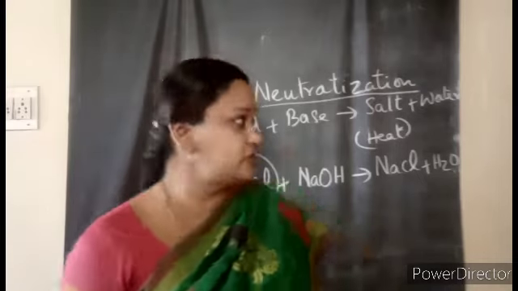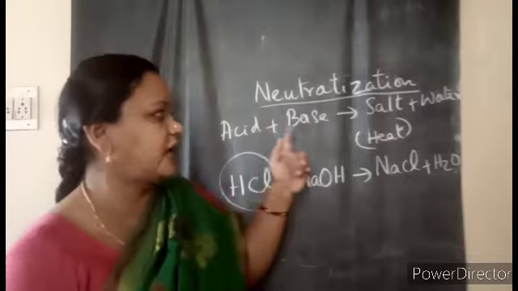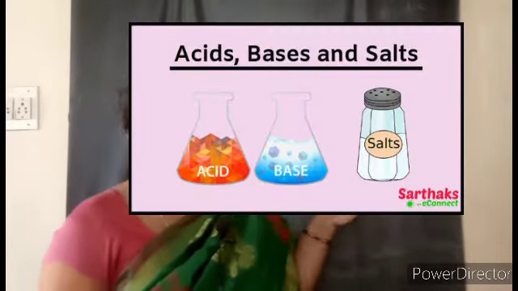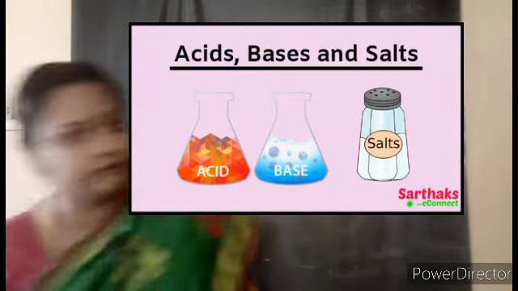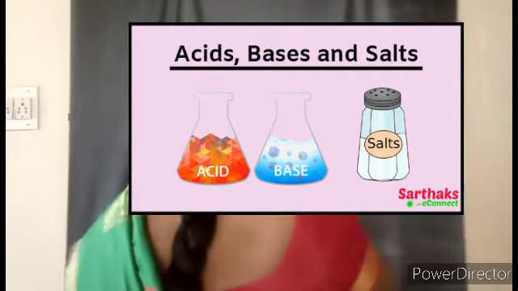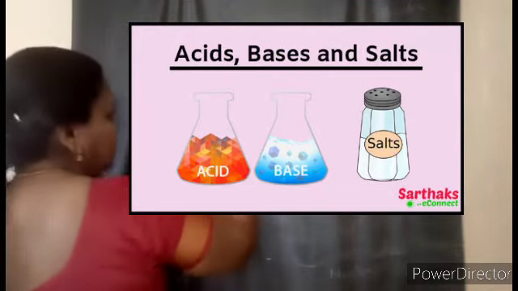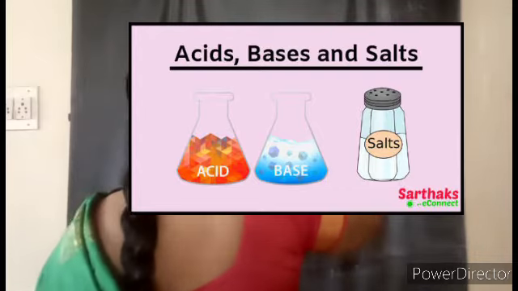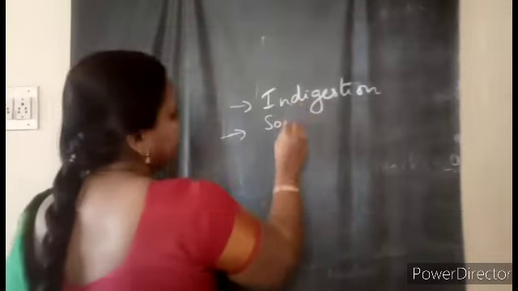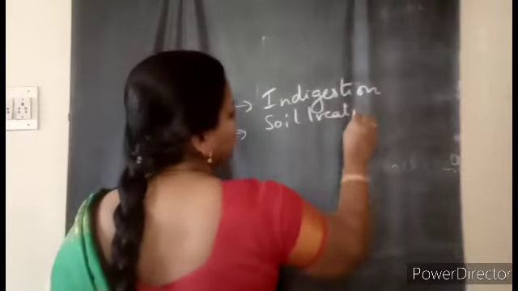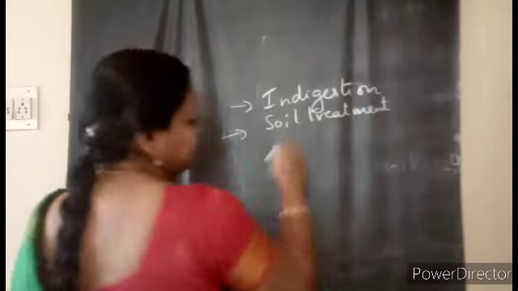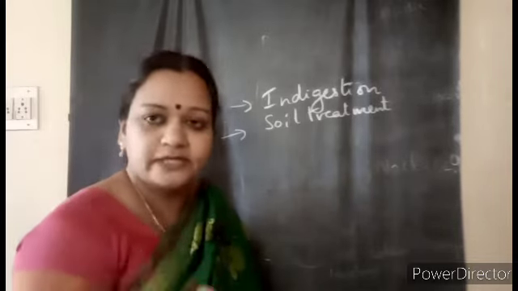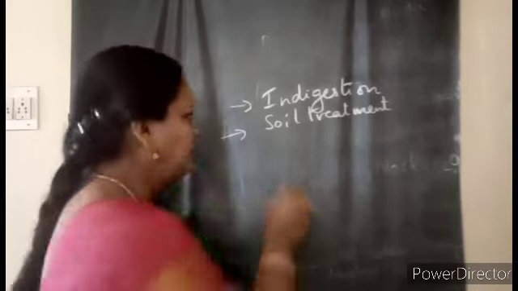Again I repeat, what is neutralization? It is a process in which acid reacts with base, and salt is formed along with the formation of water, and heat is also produced. How is it useful to us in our everyday life? It is useful in many ways. Just now we discussed treating indigestion, when milk of magnesia is added, and soil treatment. When soil becomes more acidic or more basic, after testing they will add bases or acids to neutralize. And also